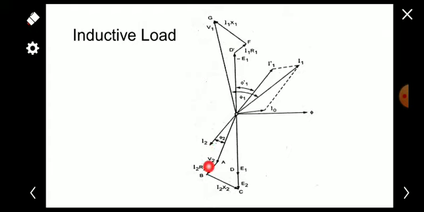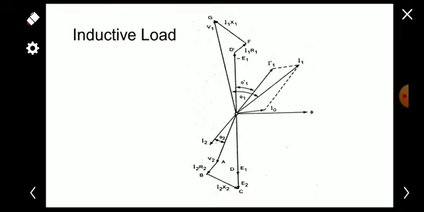So we can draw I2 into R2 from this V2 parallel with the current I2. Parallel means it is in phase. From that we can draw I2 into X2 at 90 degrees from this I2 into R2, and at the meeting point we will get E2. After that we extend this I2 to get I1 dash. I1 dash will be in exact phase opposition with I2, and the resultant of I0 and I1 dash gives I1.